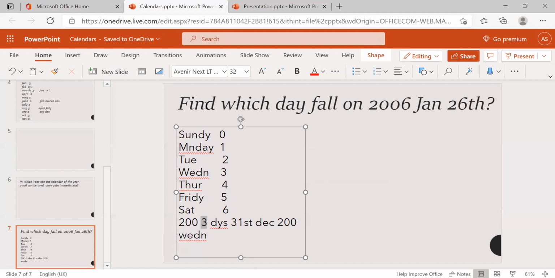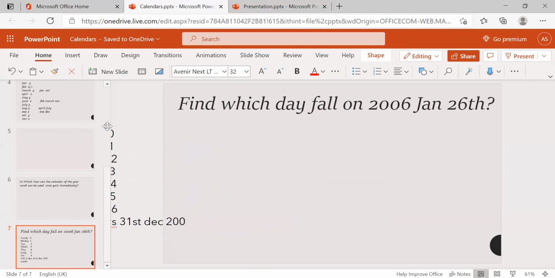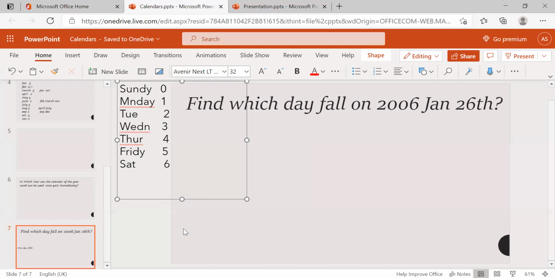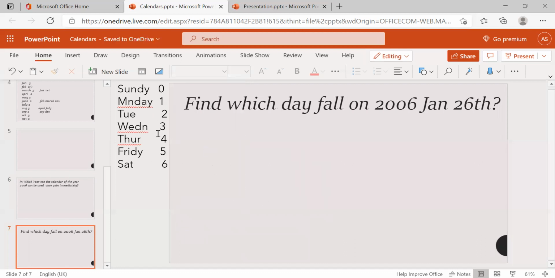Now we are going to find the day that falls on 2006 January 26 by using odd days only. Just keep this aside. Now, how do we find the odd days up to 26 January? We know how to find the odd days at least for 1 year.